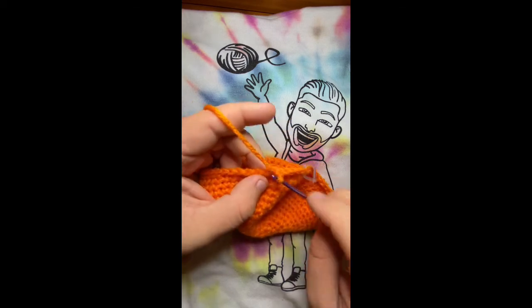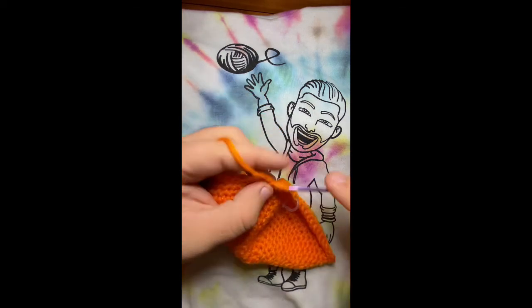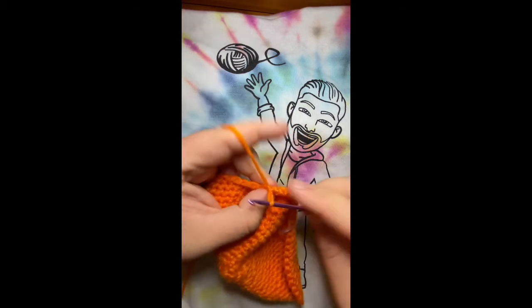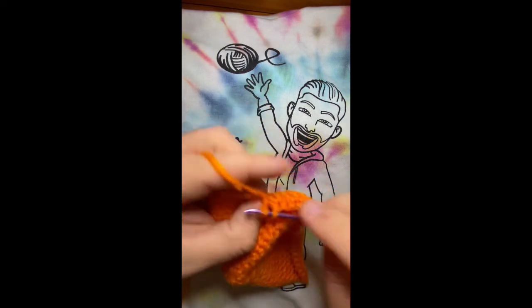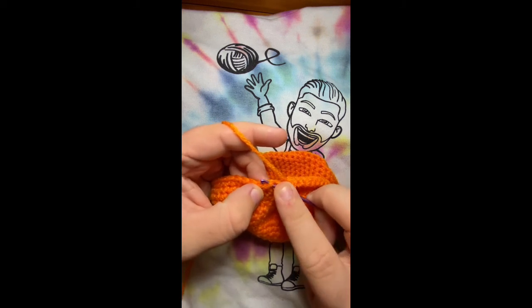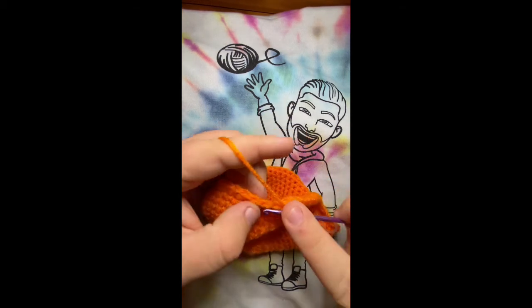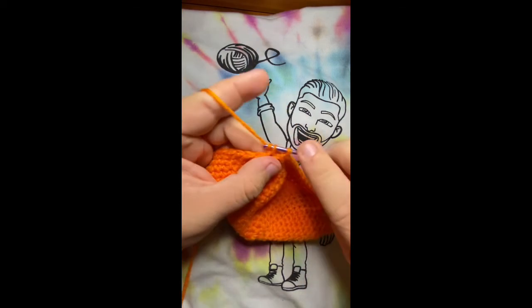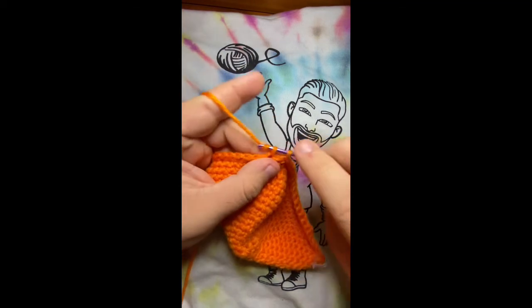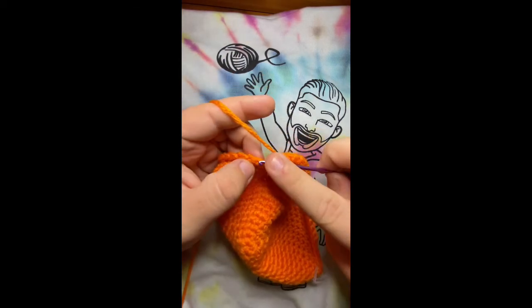So 1, 2, 3, 4, 5, 6, 7, 8, and then we're going to decrease for 1, 1, 2, 3, 4, 5, 6, 7, 8, decrease for 2,